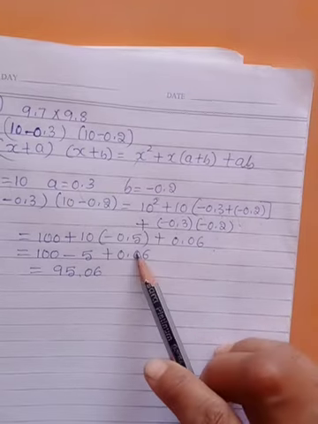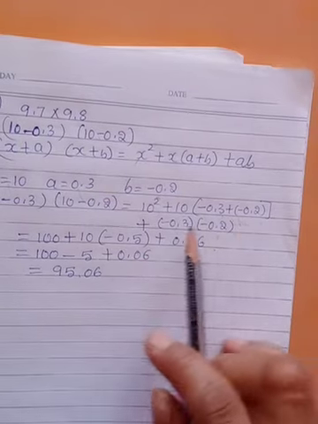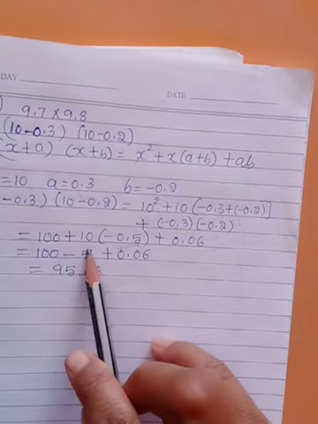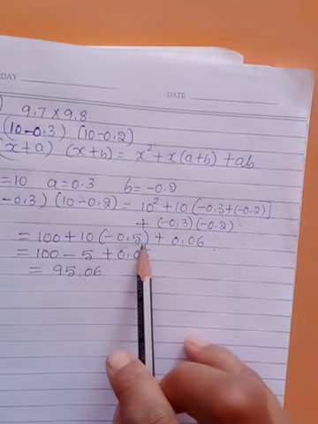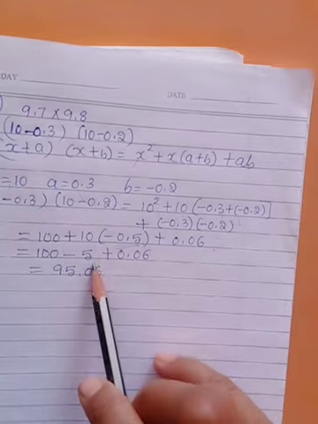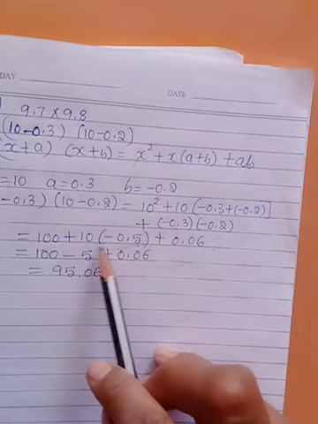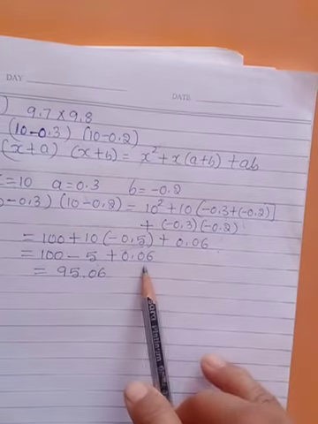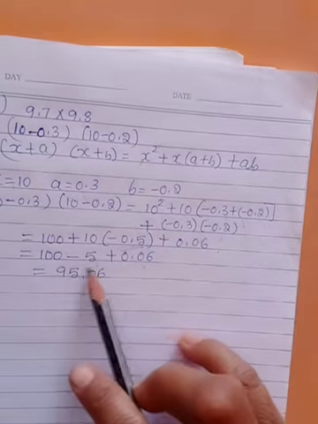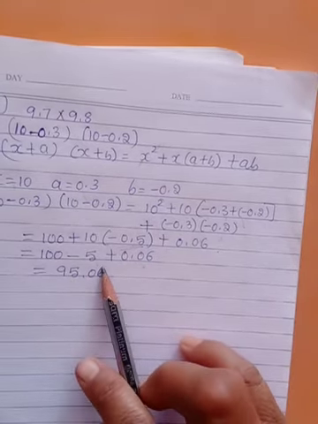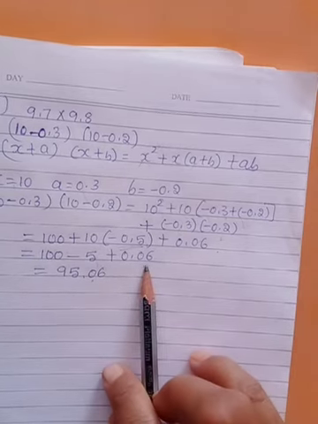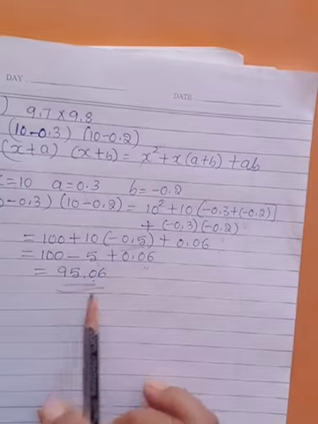Okay, so it is a minus. Both are having minus signs, that's why even this is minus. So 10 into 5 is 50, but the 0 will cancel due to the decimal point, so 5. 0.06. Subtract 100 minus 5 is 95. 95 plus 0.06 is the answer.